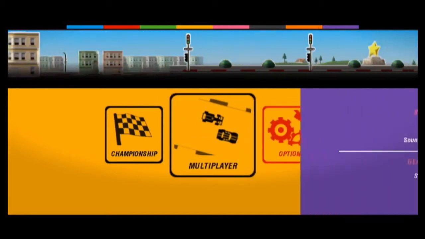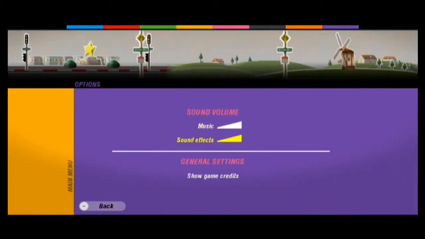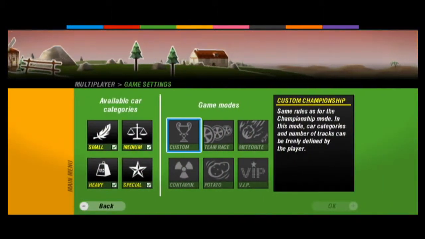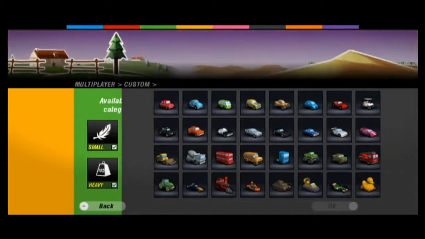So let's go ahead. Options is pretty basic, just music and sound effects levels, and you can view the credits. So not much there. But multiplayer. So custom, of course, is just a simple...